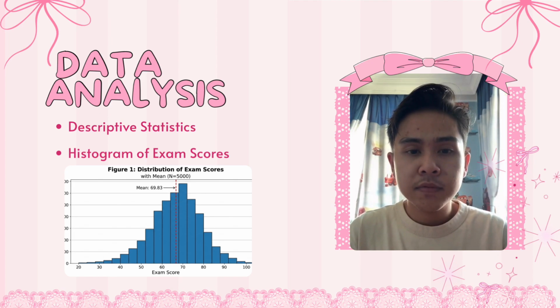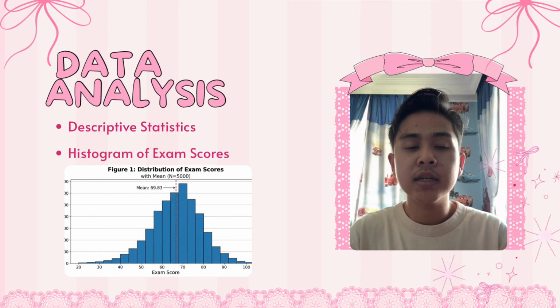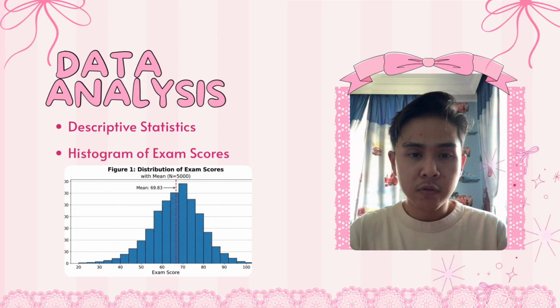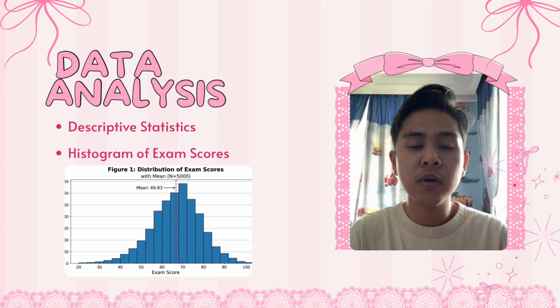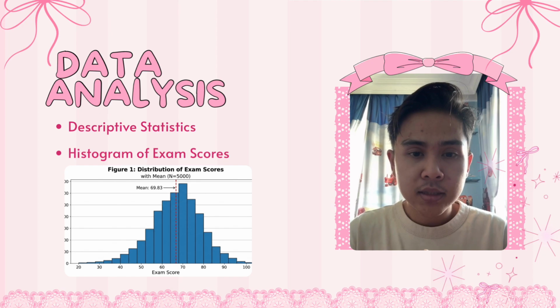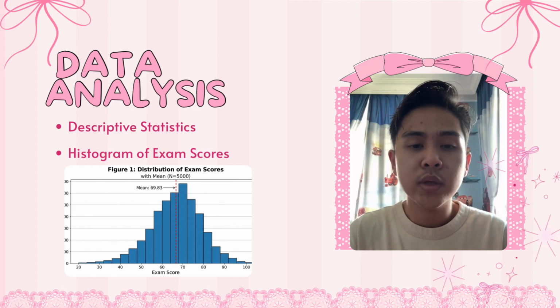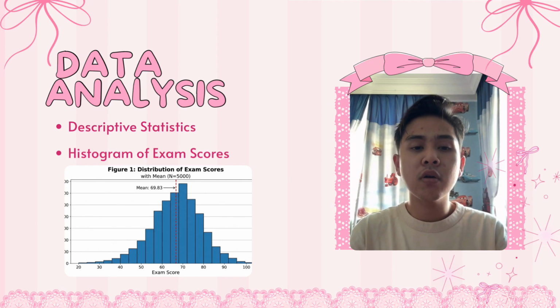to better visualize the distribution of exam scores, we created a histogram. From the graph, we can see the exam score follows an approximately normal distribution, forming a bell-shaped pattern. The red dashed line represents the mean score, which is 69.83. Most of the scores are